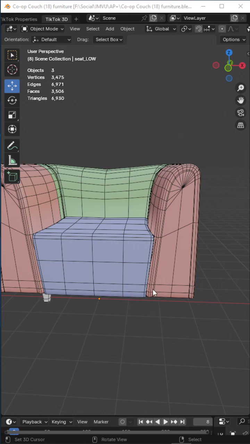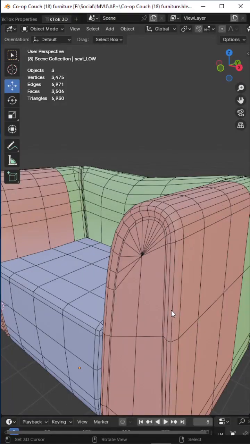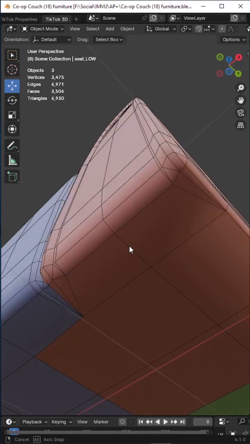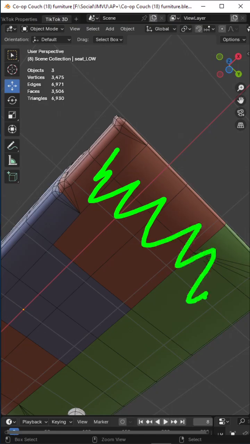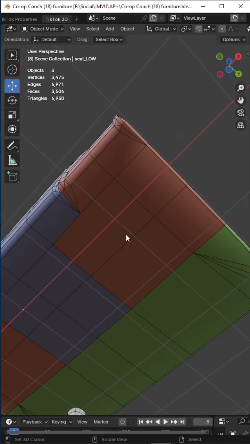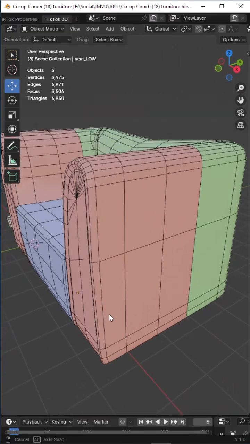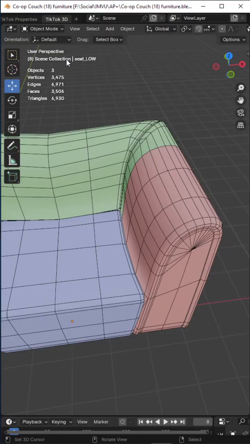Right, so we are ready to UV unwrap or UV map this couch. We've done all the optimization, removed all the gubbins that was under here, and optimized that very aggressively because that's not going to be seen in game. So we need to do a couple of things before we actually do any unwrapping. And one of them is because we need access to